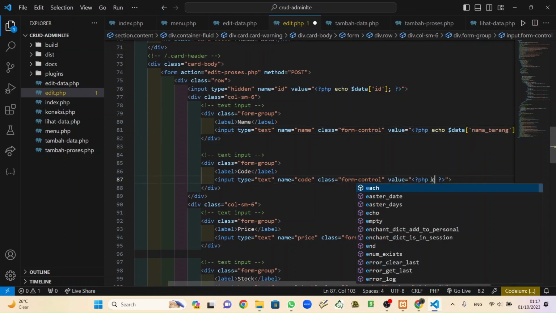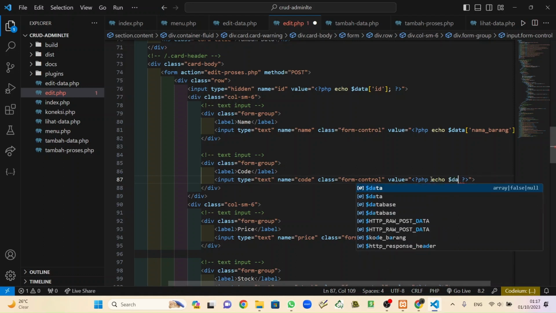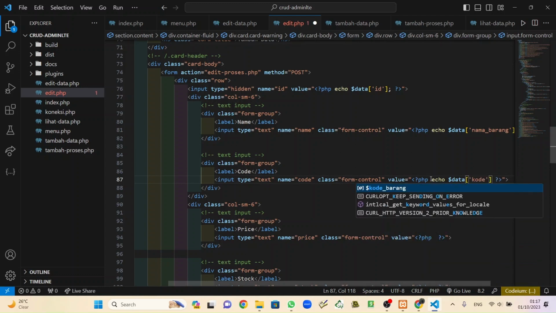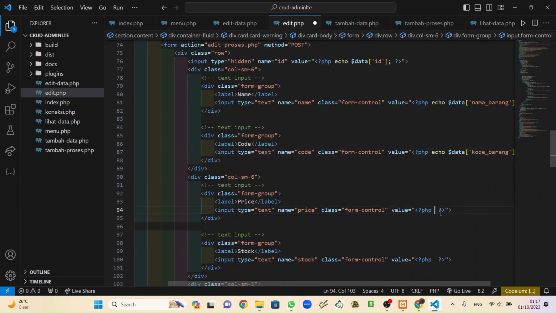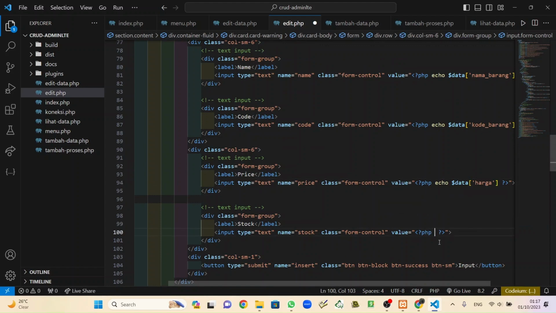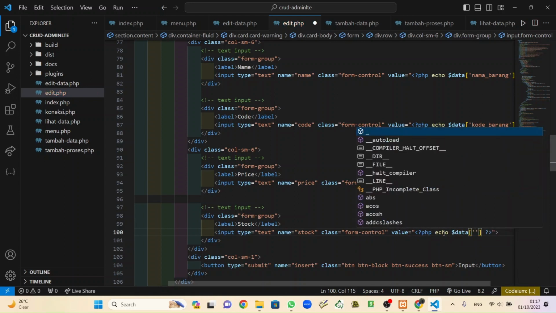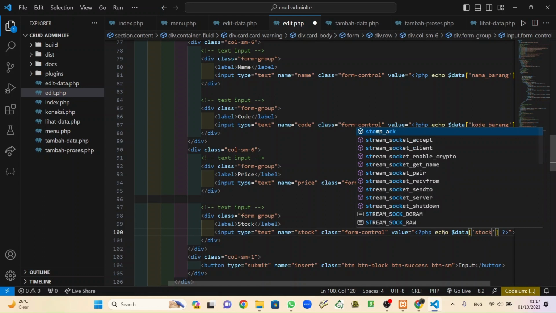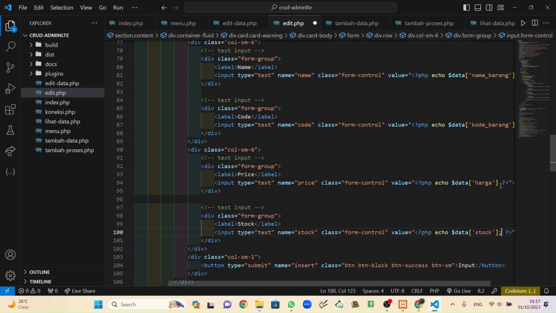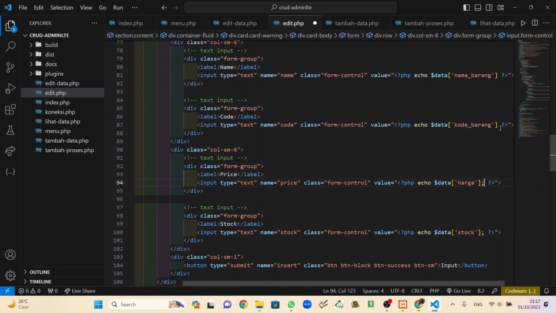And here echo kode barang, but data, then kode barang, and then echo again data harga, echo again and data again and stock, save, semicolon, and also semicolon and here also semicolon.